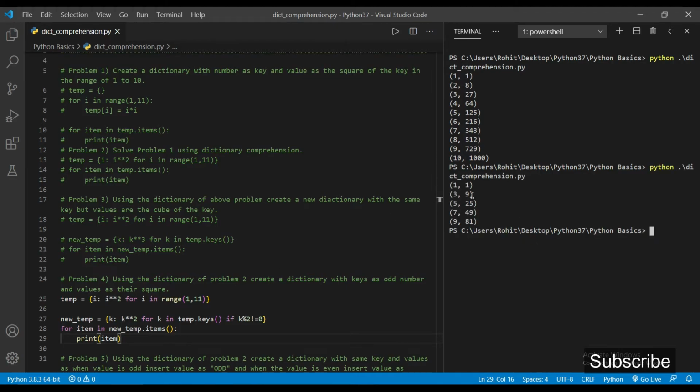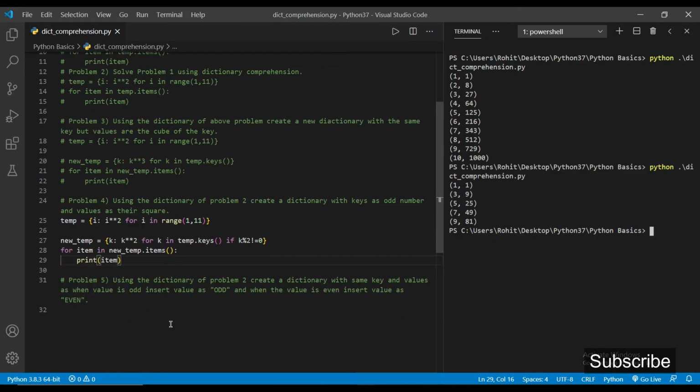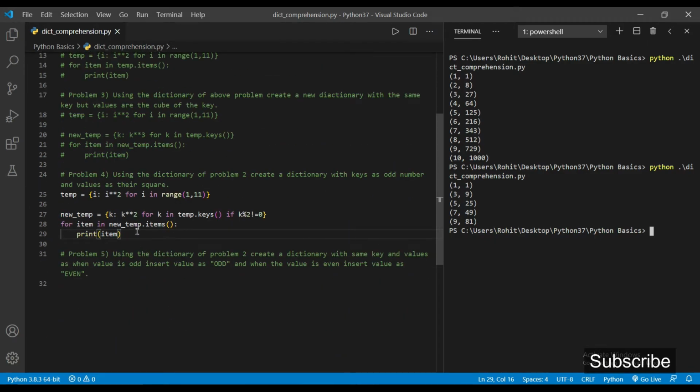As we can see, we are getting the key as odd number and its corresponding value will be the square of the key, that is 1 square, 3 square, 5 square, 7 square and 9 square. Okay, so this solves problem number 4.